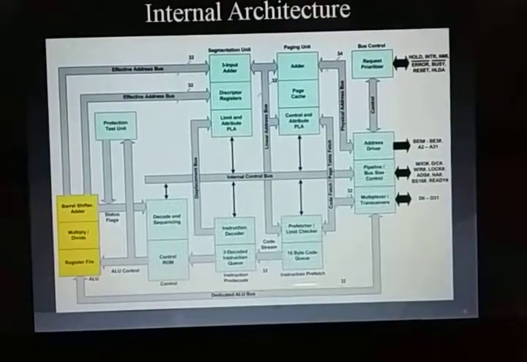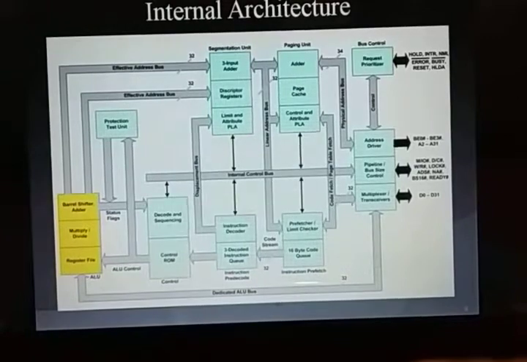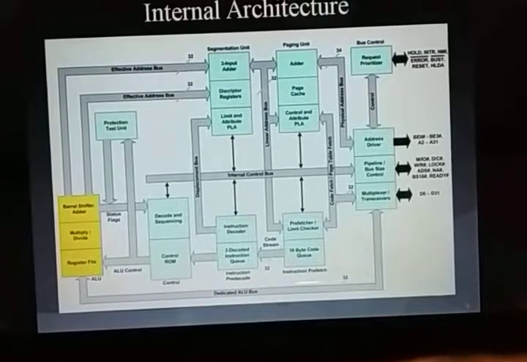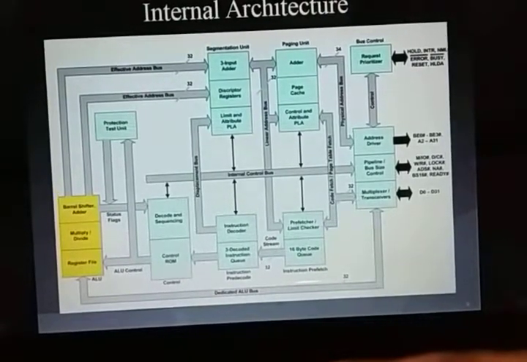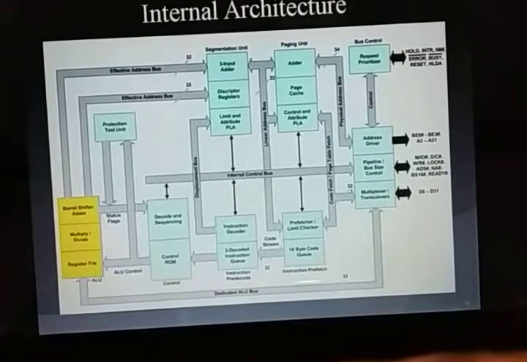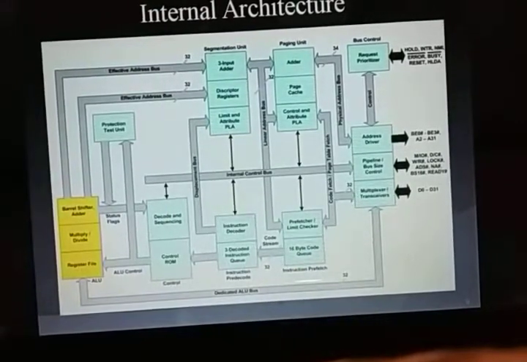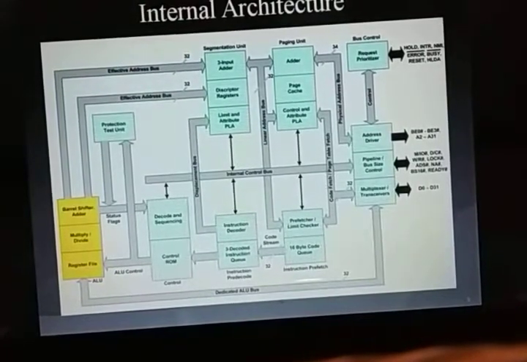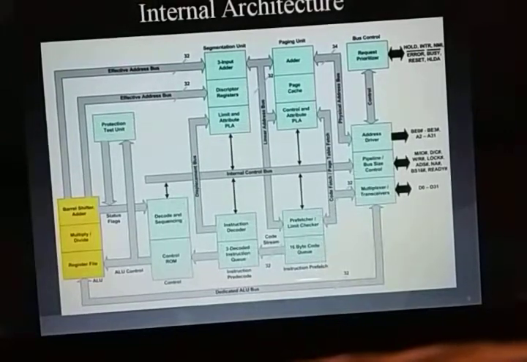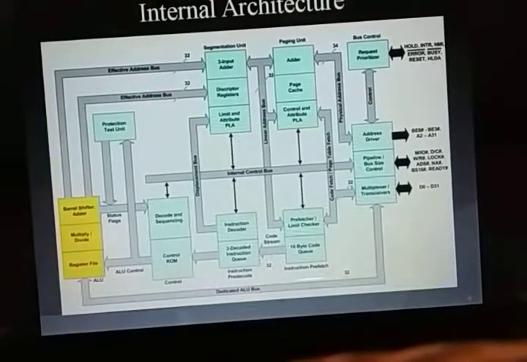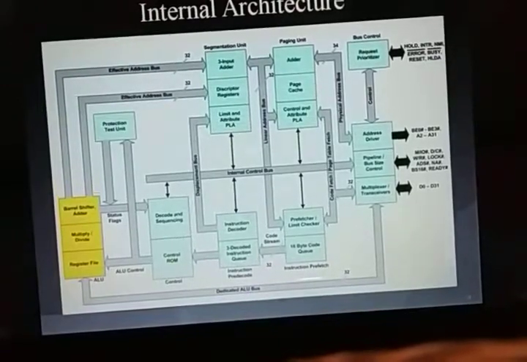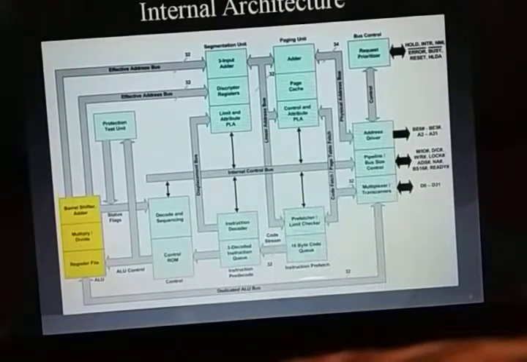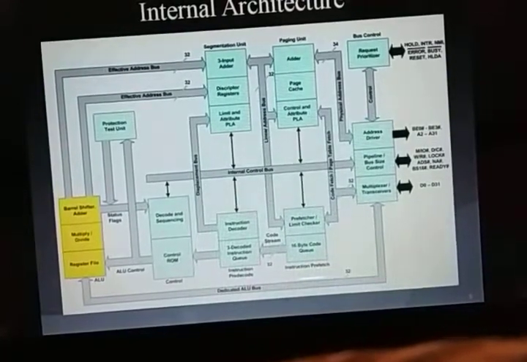Then the instruction unit part. You can see in the diagram, the instruction unit is again divided into two fields: instruction prefetch and instruction predecode. Basically this is like pipelining. In a pipelining system, you fetch the instruction, then you decode the instruction, then you execute that instruction or data. After completing the execution, the instruction comes to the exit mode. The same thing happens here. In the instruction unit, first you prefetch the instruction, then you decode it, then you send it to the execution unit for execution.